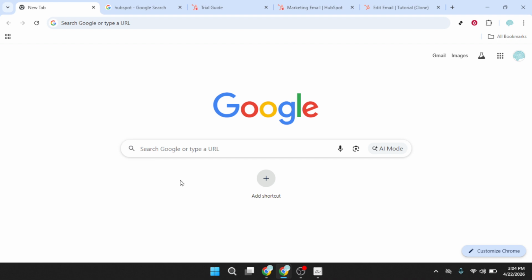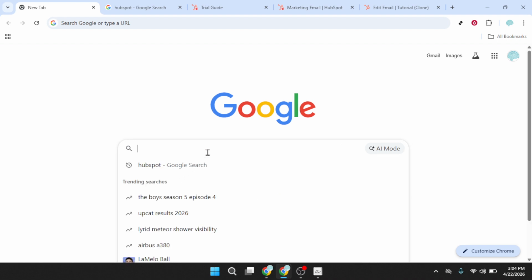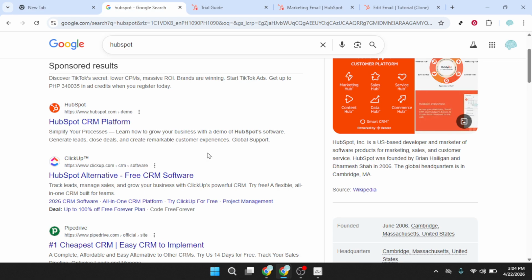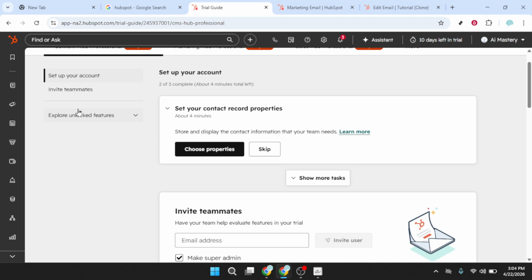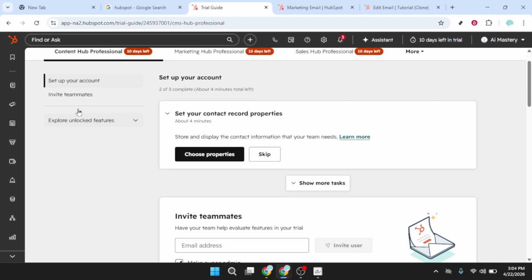Start by opening your browser and searching for HubSpot. Click through to the official site and sign in to your account. If your workspace uses single sign-on or two-factor authentication, complete that as usual. Make sure you're in the correct HubSpot account where your marketing assets and campaigns live, and that you have permission